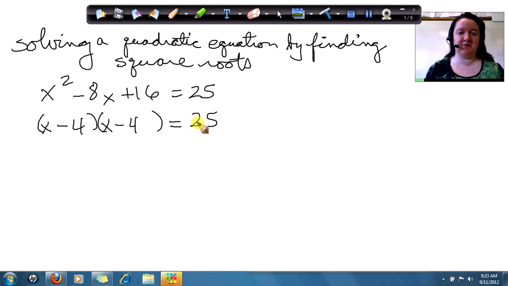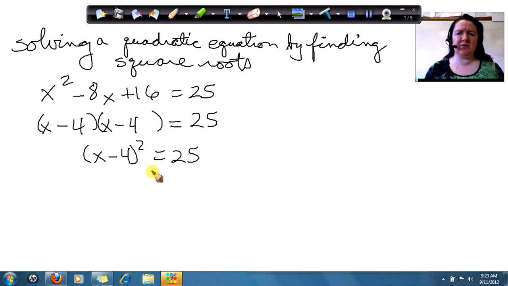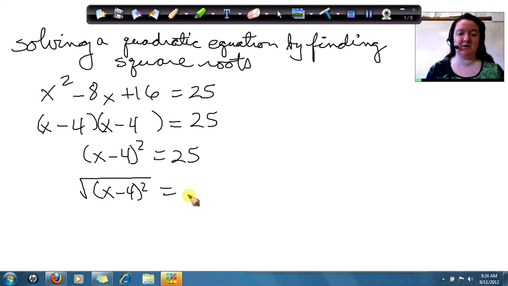equal to 25. Now, if I think about that, I can rewrite it as (x minus 4) squared equals 25. Well, if I'm going to use finding square roots, I'm going to take the square root of both of those sides. x minus 4 squared equals the square root of 25. Now remember, a square root undoes a square. So I'm just going to get x minus 4 equals plus or minus the square root of 25, which is